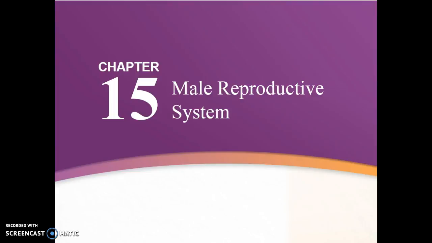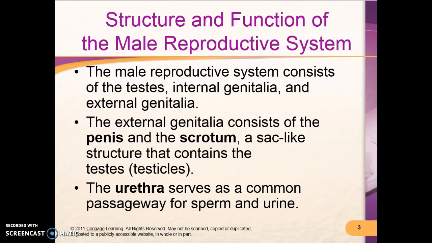So you're going to want to make sure that, as usual, you are familiar with the structures and the functions of all of the different parts. So this includes both the external genitalia and the internal genitalia. So you're going to want to make sure that you understand the functions of all of those pieces and parts. The other piece that I want you to make sure that you know, just like with all of these chapters, is make sure that you're familiar with some of the problems, the disorders and disease states that go along